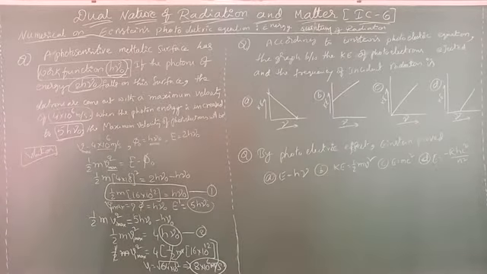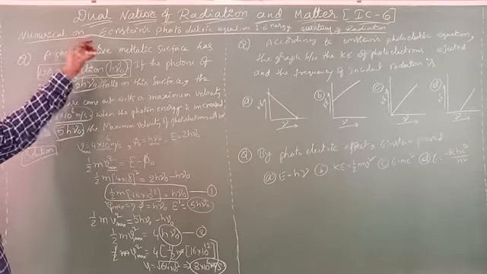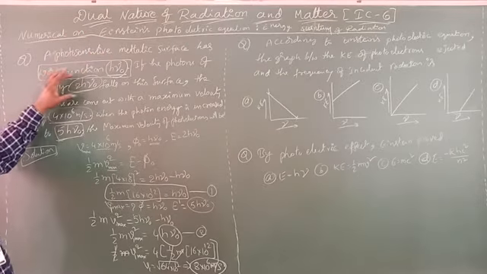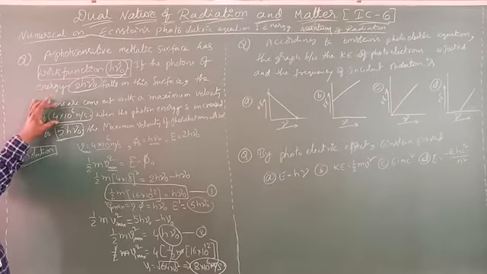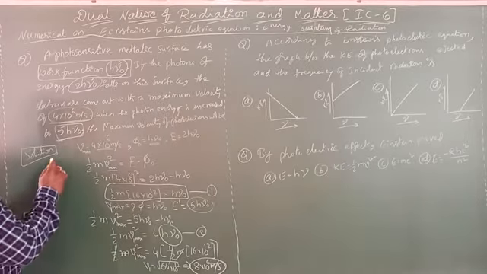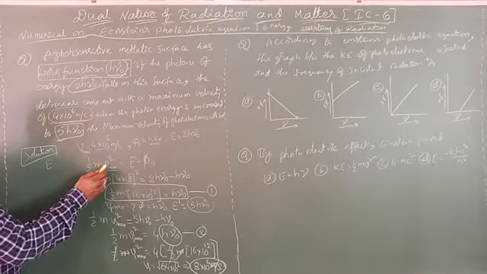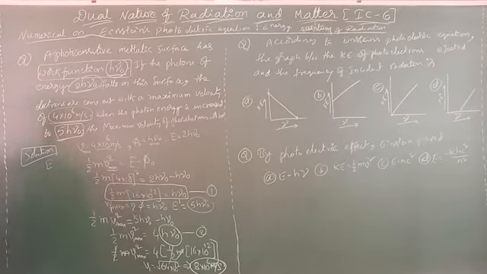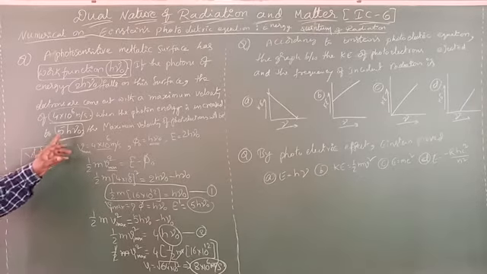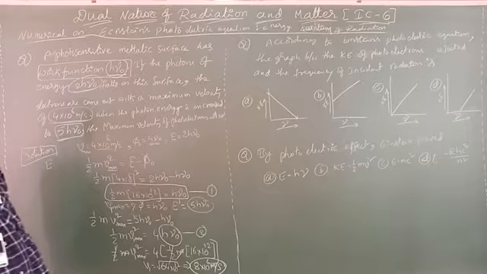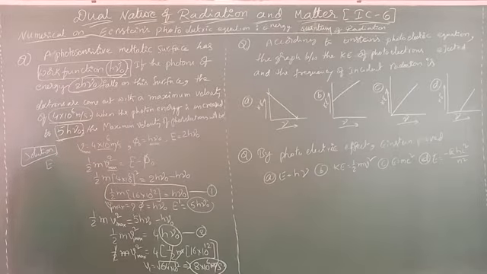Clear? In this video, first they gave the work function h nu naught, the energy 2 h nu naught, and the velocity 4 into 10 power 6 meter per second. Then by using Einstein's equation, kinetic energy maximum equals E minus phi naught. Then the energy is increased from 2 h nu naught up to 5 h nu naught.